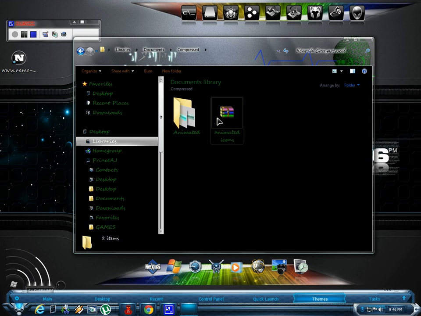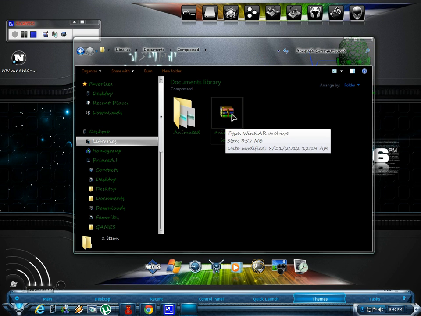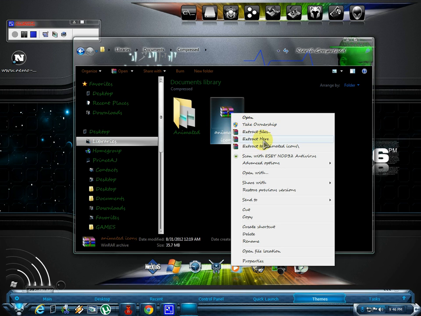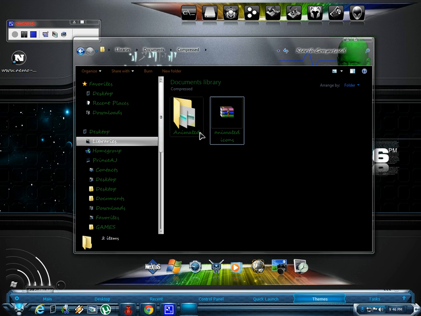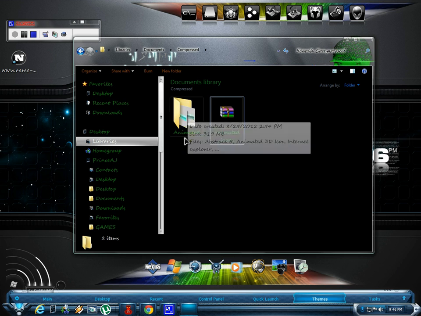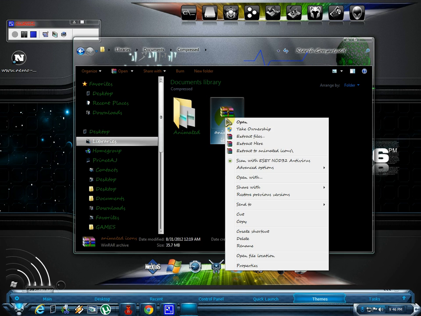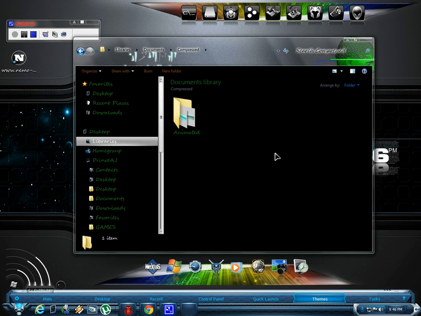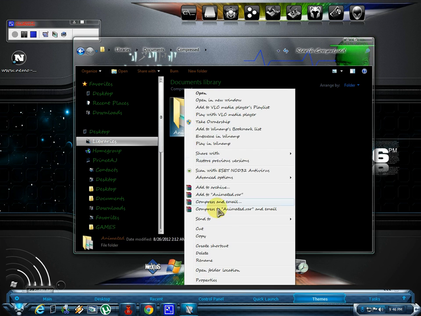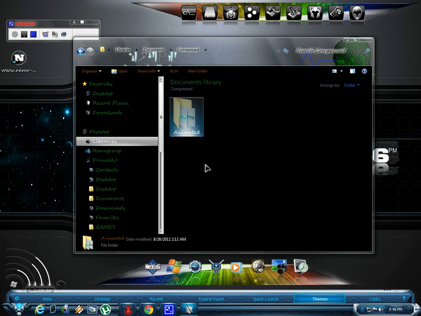This is the file that you just downloaded. Now, what you're gonna do is just extract this one. I will not extract it because I already extracted it earlier, and I can now already delete this one. After that, what you're gonna do is cut this file and paste it in any folder that you want.